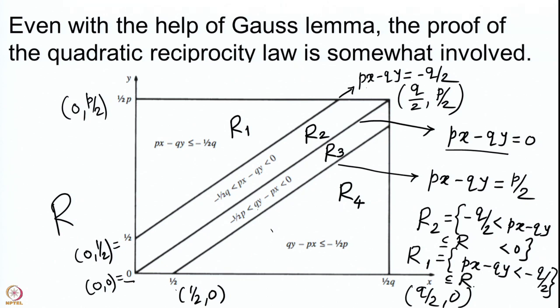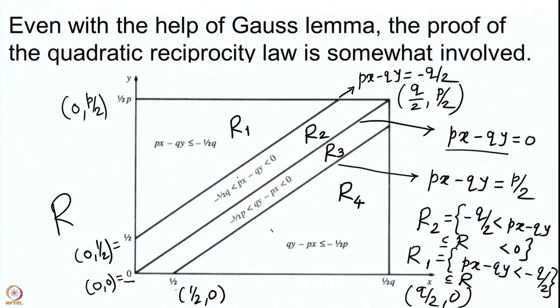Okay. So, after having decomposed our rectangle R into these 4 open sets, remember that we are not taking the lines, but there is one thing that we should notice, which is that none of these lines will contain a lattice point. Now, I should tell you what is a lattice point. So, a lattice point is a point in R2 whose coordinates are integers, and what I say is that there is no point a comma b here with both a and b to be natural numbers.